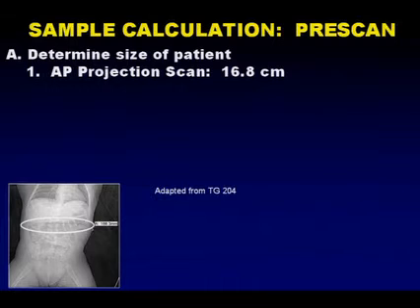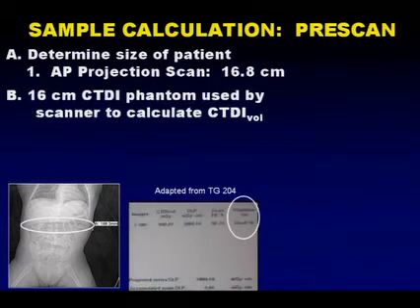What about a couple just sample calculations? We can measure the dimension of the patient on the pre-scan projection scan, and in this case it's 16.8 centimeters. In this case, the